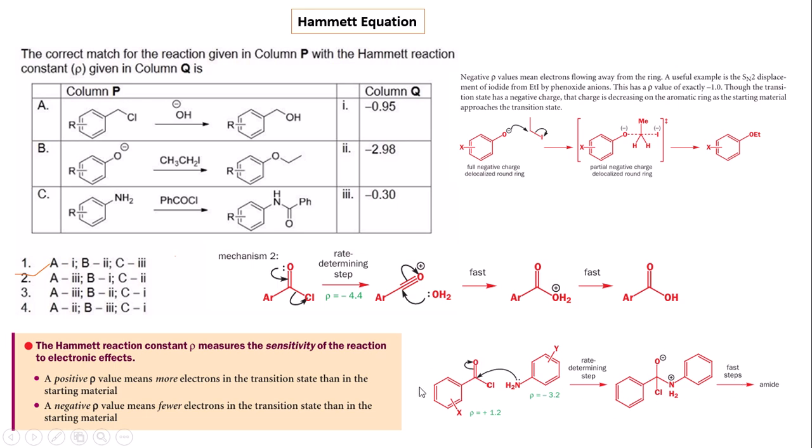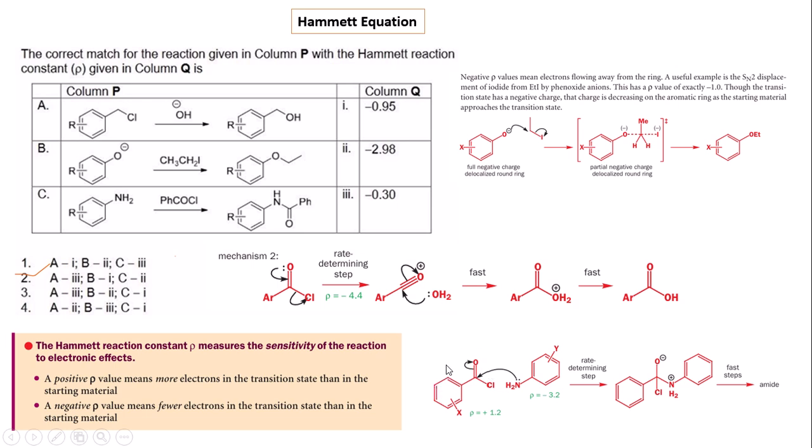And this acyl chloride is highly electron deficient, so an electron deficient transition state has a lower rho value. A positive rho value means more electron in the transition state, but a negative rho value means fewer electrons in the transition state. Here the acid chloride has fewer electrons, so it has